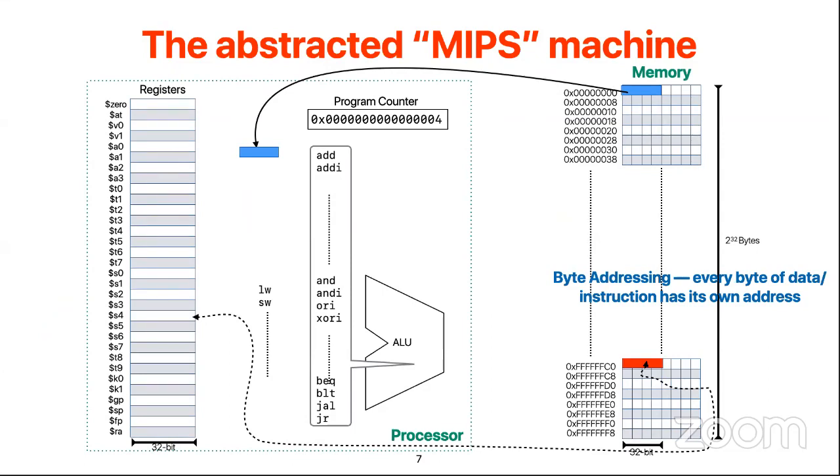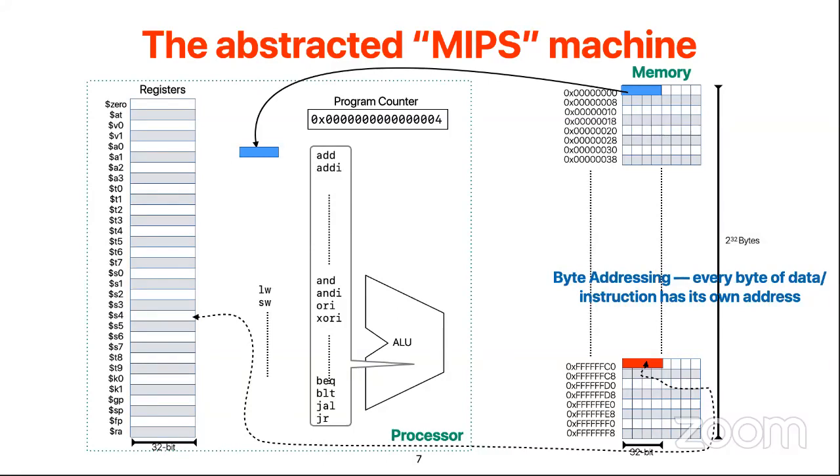Although nobody is really using it right now, there are still people using MIPS, but there are not a lot. But this is the simplest kind of instruction set architecture that later on inspires RISC-V and ARM. So that's why we start with MIPS in this textbook. And the basic idea of MIPS is that it's a byte addressing memory